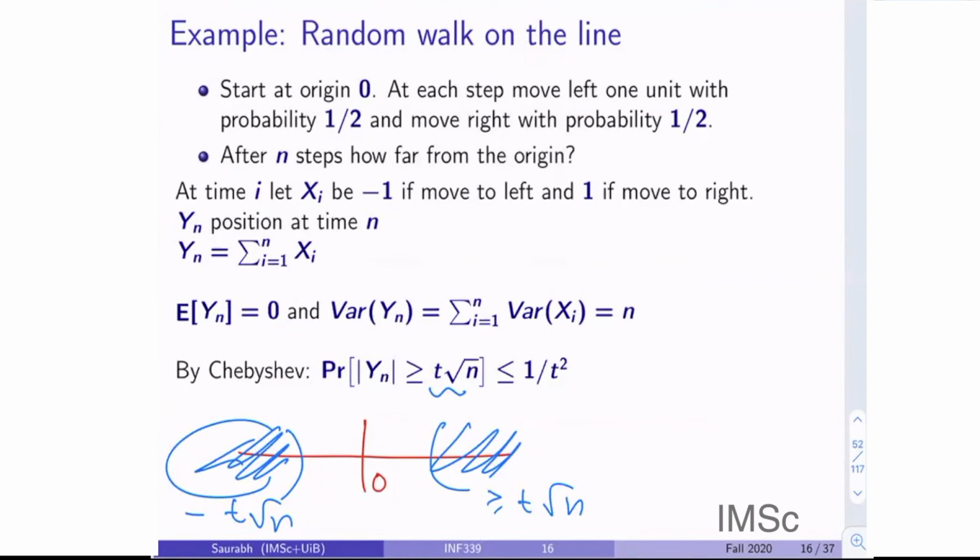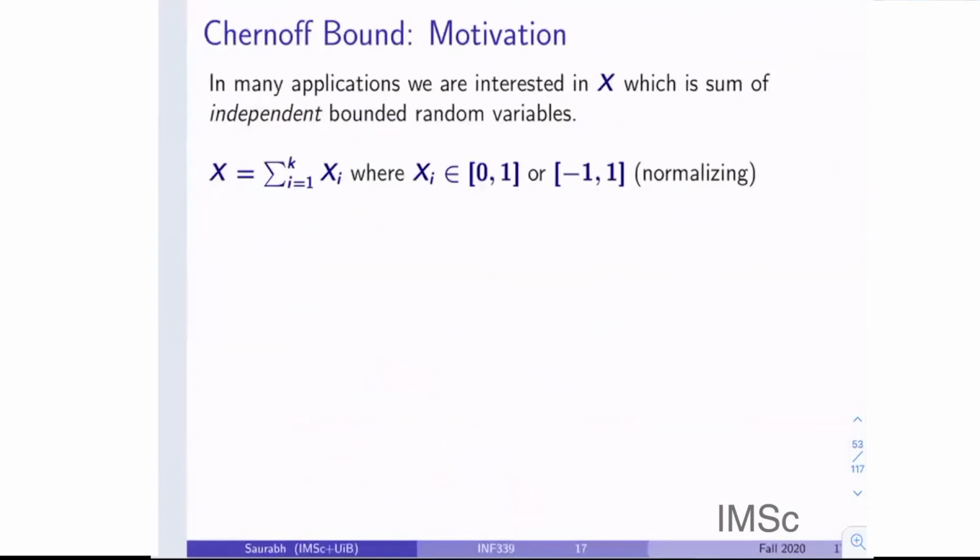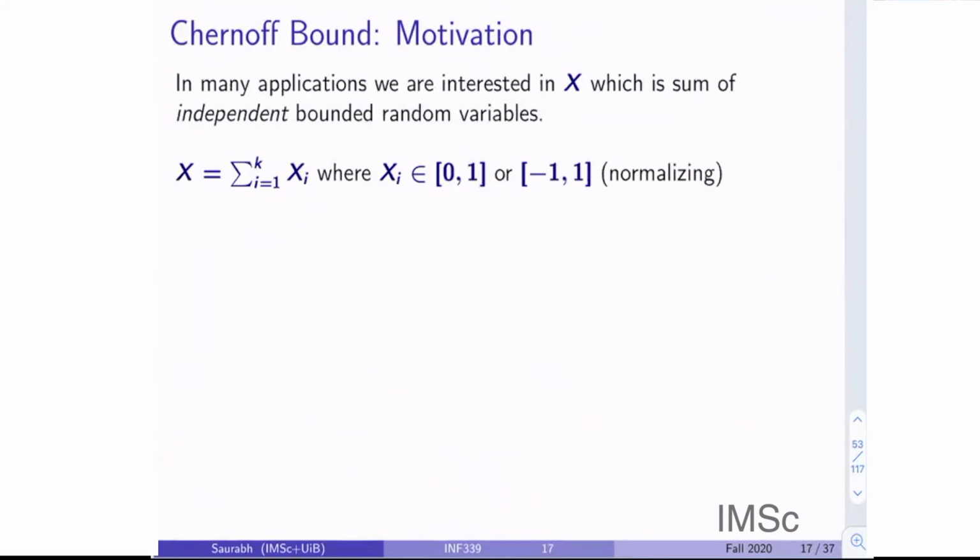which is still, if you notice, for this case we are not able to say that as n tends to infinity this will go to 0, because all I'm able to say is that you are far away from your mean 0, in terms of t root n, with some constant probability only, right? Of course, if I put t equal to n^(1/3), then I can boost this probability. But we can prove much stronger things in the kind of setting we are in, and that is what we are moving towards. Okay, so this is the motivation of Chernoff.